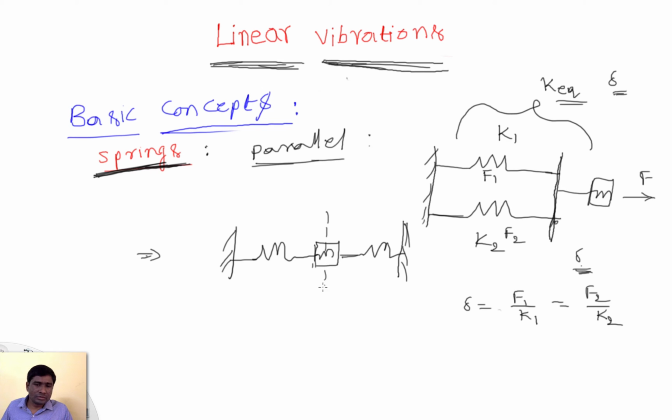For example, if it is at the mean position and you are moving in this direction, because it's trying to compress, it opposes in this direction; it tries to expand the spring, so this is also in this direction. So both spring forces are acting in the same direction. Here also the spring forces are acting in the same direction. So that means in both cases the springs are trying to oppose the movement of the mass from its